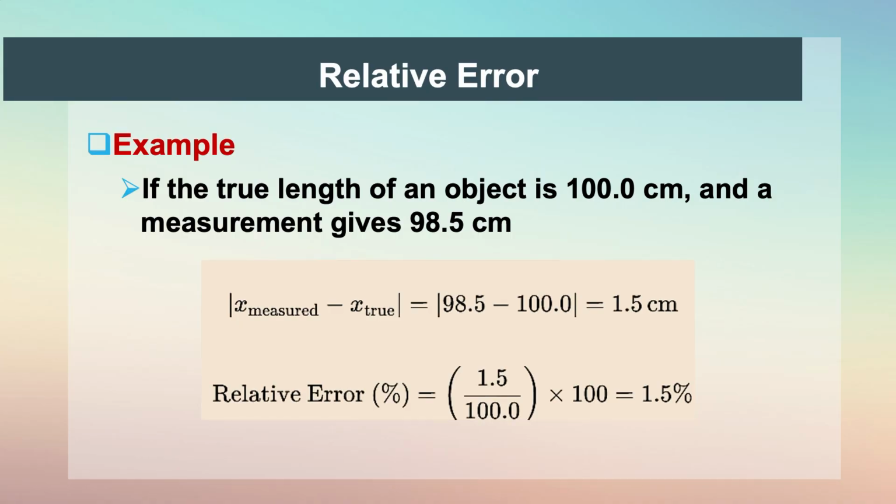Now, a simple example is here to illustrate the relative error. If the true length is 100 and a measurement gives a value of 98.5, you simply take the difference. The difference is 100 minus 98.5, or take the opposite difference also, 98.5 minus 100. The modulus is equal to 1.5. That 1.5 divided by 100, into 100. So, the final result is 1.5